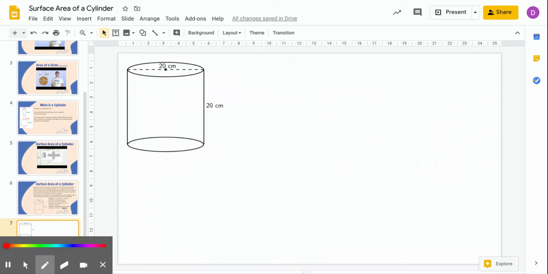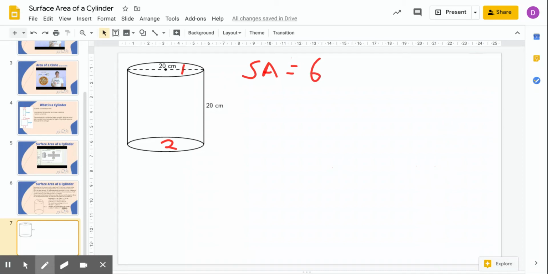So now we know that the surface area of our top and bottom faces together is equal to 628 centimeters squared. But we need to find the surface area now of the curved edge, or this edge here,